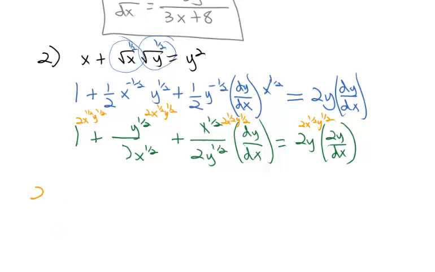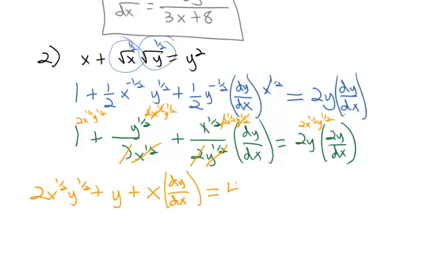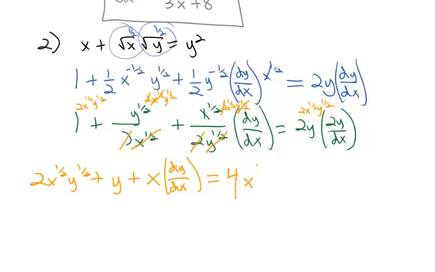And when we do, we have 2x to the 1/2, y to the 1/2, plus the 2's divide out and the x's divide out. So we have y to the 1/2 plus 1/2 is just y, plus the 2's divide out and the y's to the 1/2 divide out. And we have x to the 1/2 plus 1/2, which is just x to the first, dy/dx, equals 2 times 2 is 4, x to the 1/2,